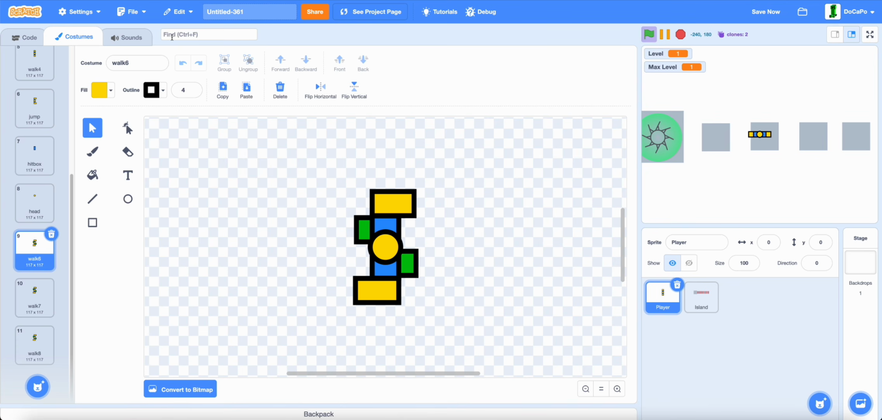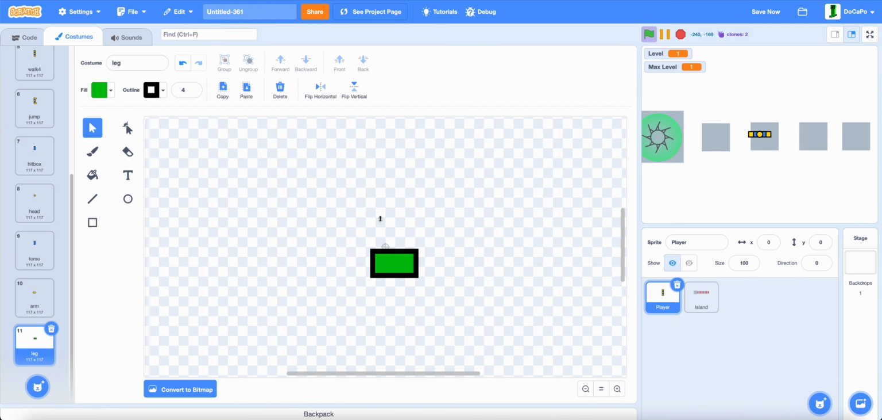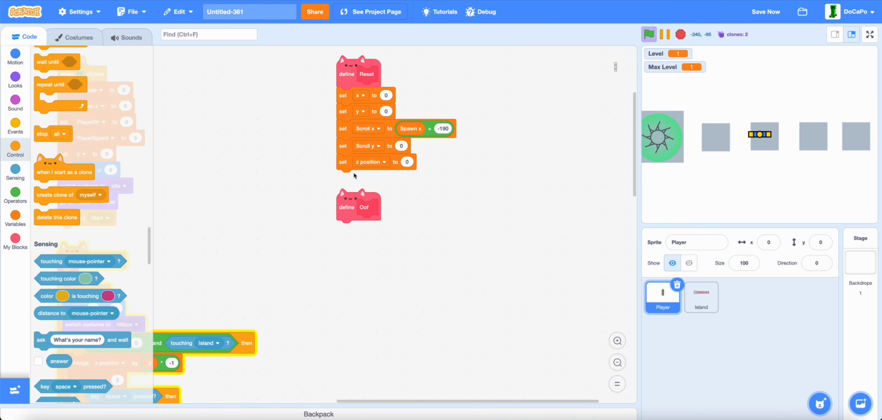Then in here, name this torso and delete everything but the torso. Then in here, name this arm, delete everything but one arm and keep it in that position. And lastly, leg, delete everything but that one leg. Now, back here,